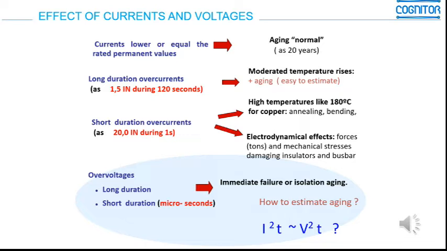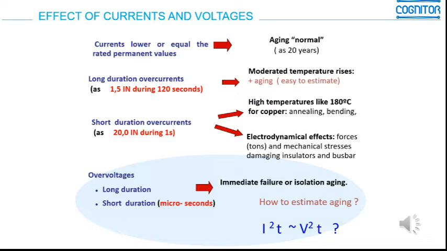And in our case, which is the focus of this video, we can have overvoltage as the effect of voltage. We use two terms here, the long duration overvoltage and the short duration overvoltage. Short duration for us, in the sense of this video, will be durations around microseconds. Let's say the duration of the so-called atmospheric impulses, switching impulses. This is what we will call short duration in this video.